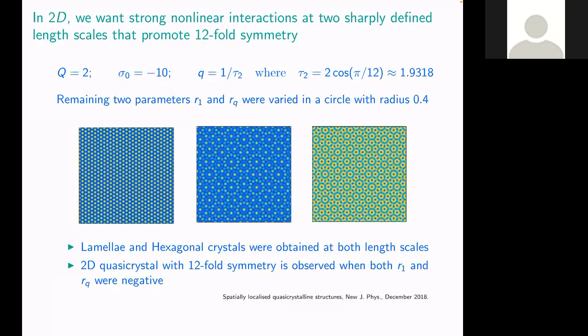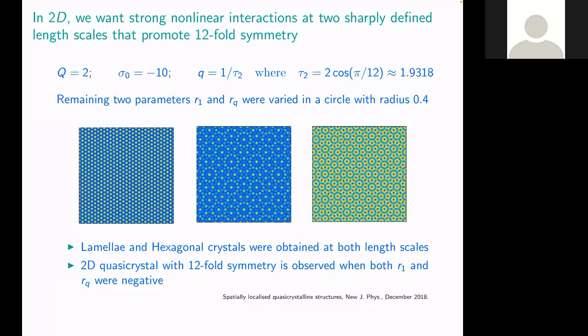Why is this weird number chosen? The weird number is the angle between two wave vectors that add up to another one at the length scale that we want in this case, so that we have 12 of them adding up to 12 on the other length scale. So it's vector addition that gives us this number, and the remaining two parameters are varied in a circle,